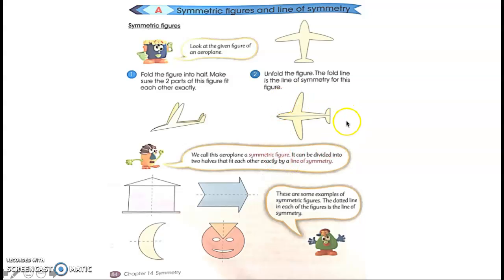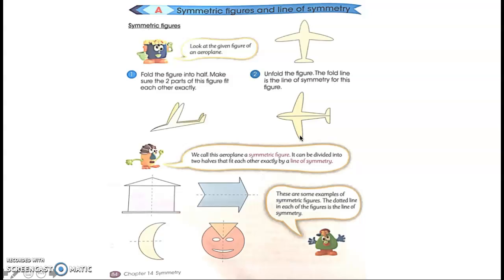So we call the aeroplane symmetrical, and it can be divided into two halves that fit each other exactly by a line of symmetry. That means this line of fold divides the aeroplane into two parts which, when folded, overlap exactly onto each other. So that's why they are identical